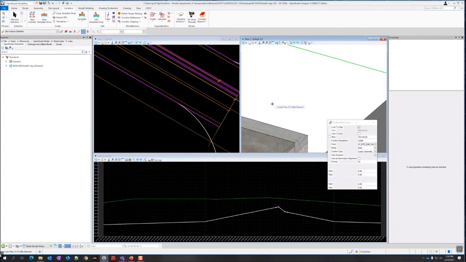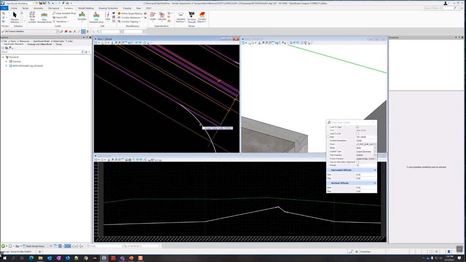I'm going to accept that, and it'll ask me to locate planar profile element. So then select this fillet here that we created. Accept the active profile. Check the box to use as a secondary alignment. And to avoid future problems, I'm going to set this priority to 20, so it's lower than the other one. And all the offsets should be 0.